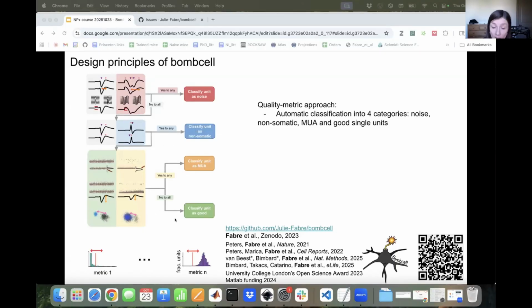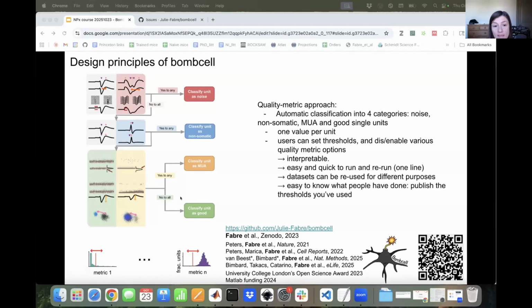categories. And how this actually works is for each metric in each unit, you have a value. And this is the hypothetical distribution for one metric of all the values for each unit. And you have a threshold, and there are standard preset thresholds, but users can also remove a metric entirely or adjust the thresholds really easily. The idea is to really have something that is very interpretable, that's easy and quick to run. You can reuse data sets for different purposes, and it's very easy to share what you've done